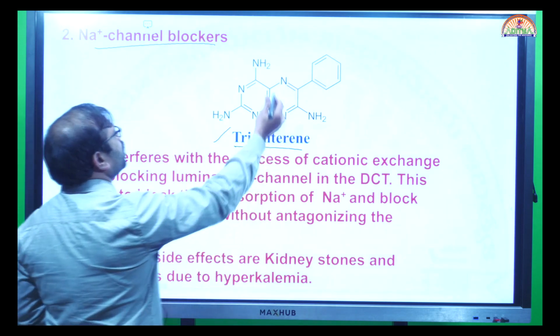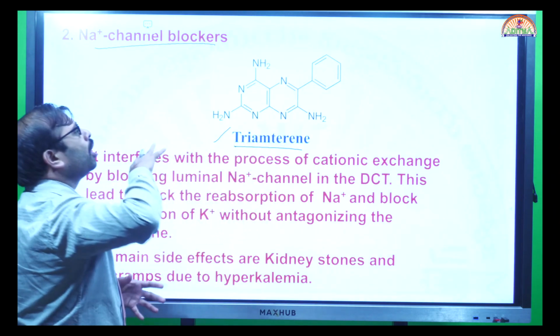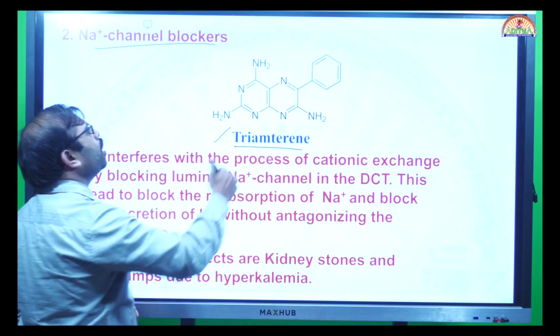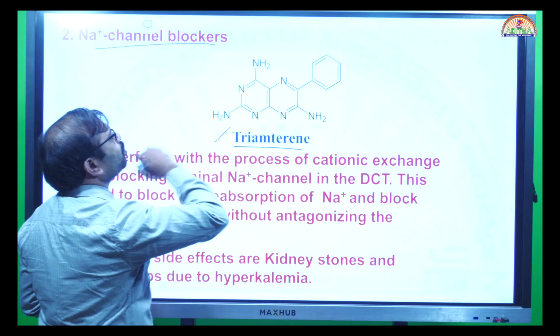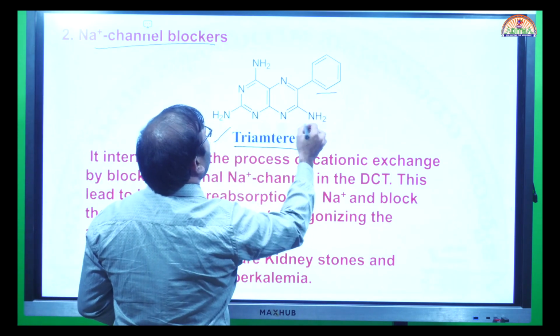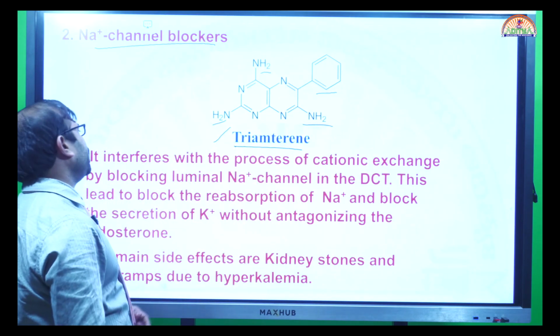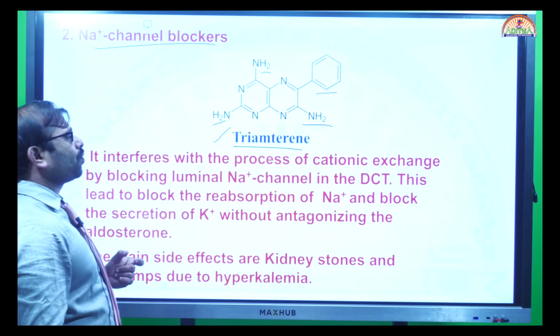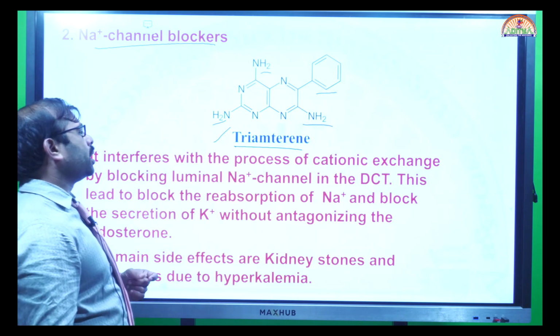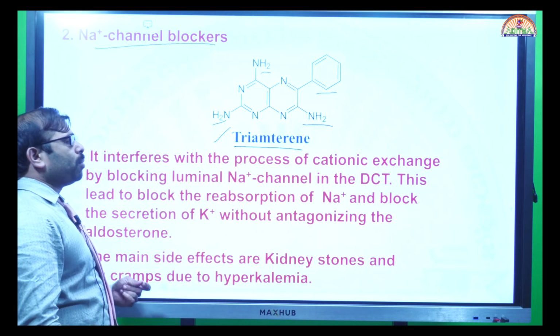If you have seen this one, it's a kind of nucleoside, a nucleobase-like molecule. We have two nucleosides here. There are two amine groups attached to the ring. We have the two free amine groups at this position, right? So trimethoprim, right? It acts through cationic exchange by blocking the luminal sodium ion channels